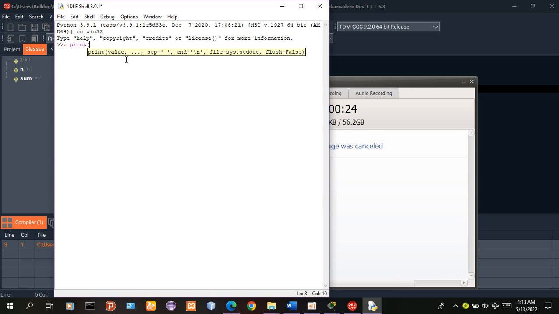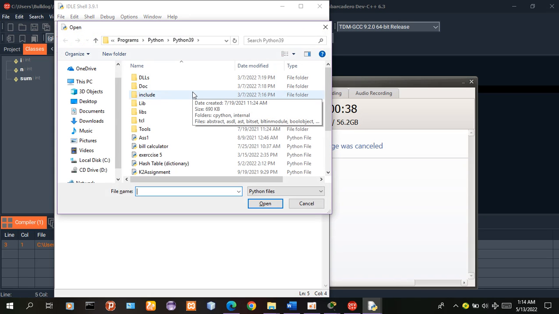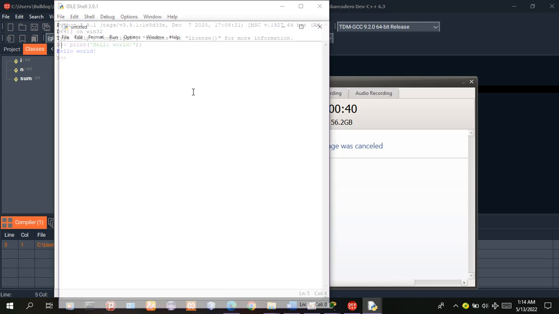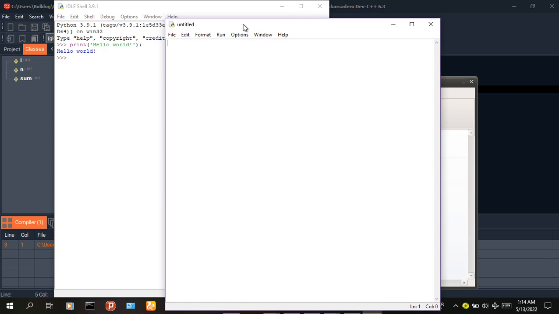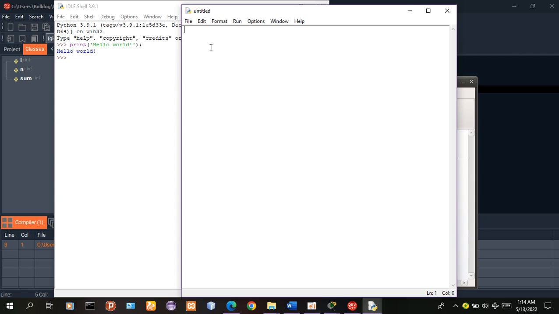Just gonna say print and hello world. Ta-da! Or if you wanna put it in the editor mode, you could always create a new Python module and